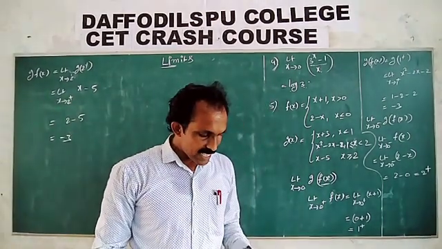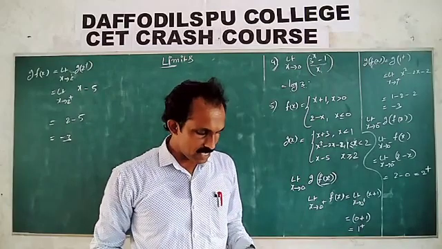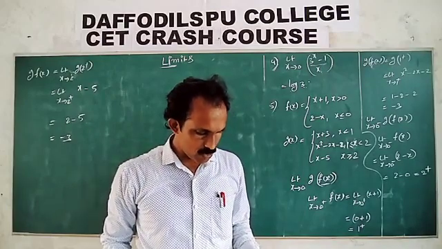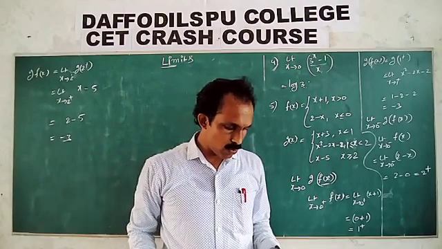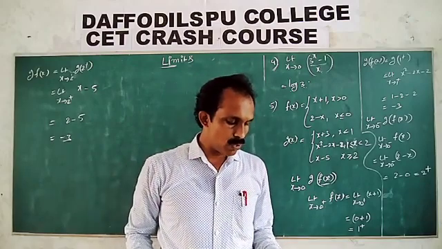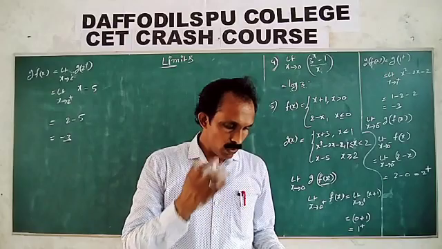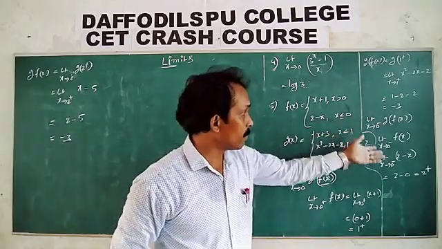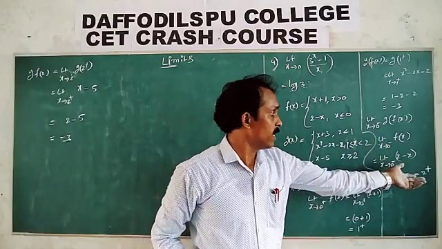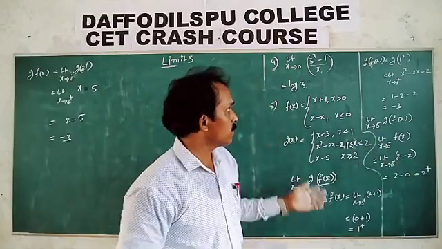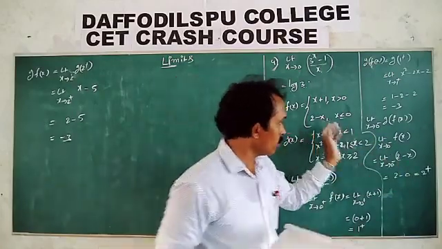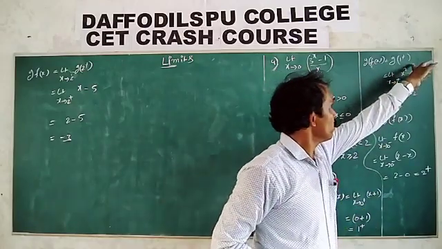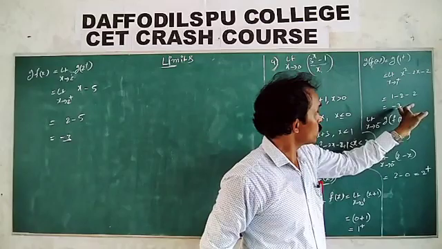So the second option is the correct answer. Second option is the correct answer, students. Limit of f of x as x tends to 0: we will consider any one limit, either plus or minus. So we will consider the plus concept. As x tends to 0 minus we get 0 plus, so we get the answer from any one limit. So that's why minus 3.